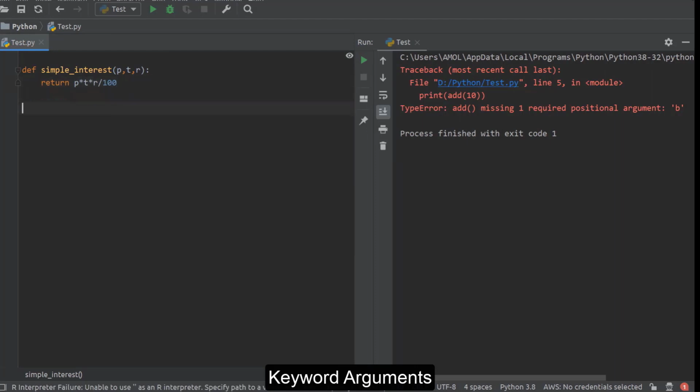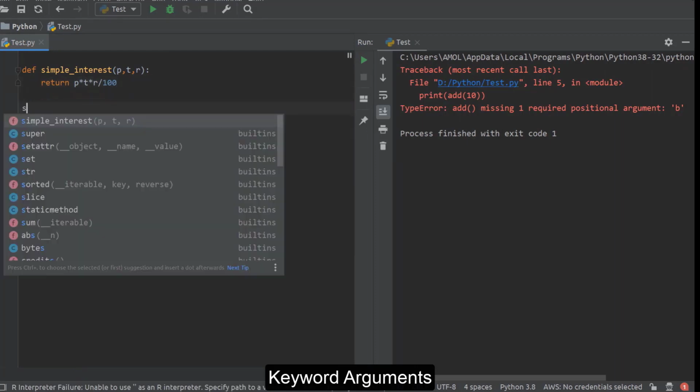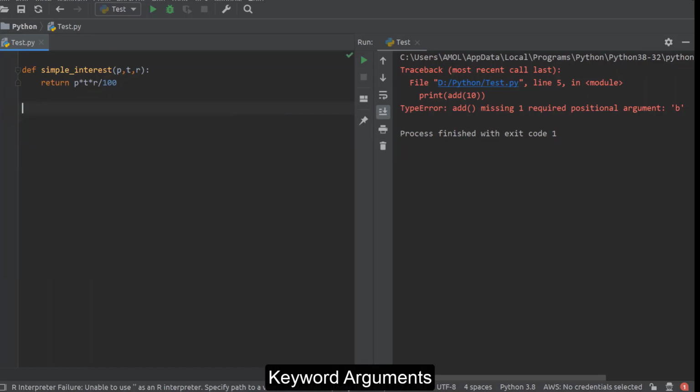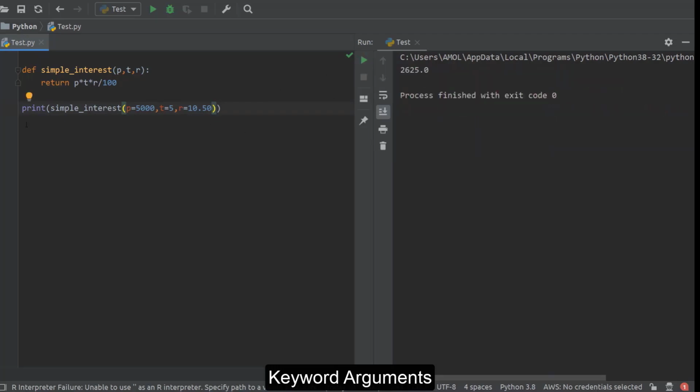Now while calling this function, we can use these argument names, like p is equal to whatever value, and t is equal to whatever value, and then r is equal to whatever value. This is known as keywords. This p, t, r that we are using are known as keyword arguments.